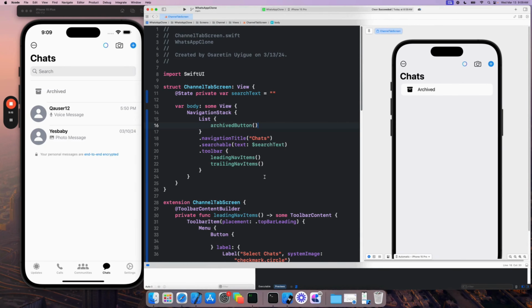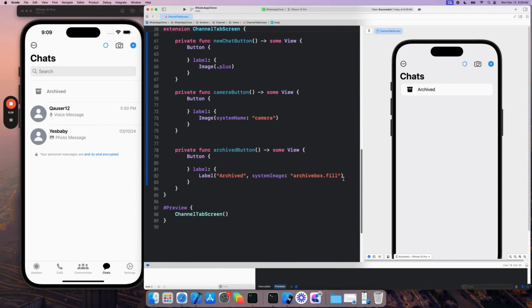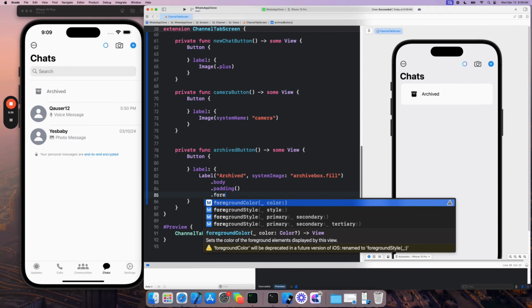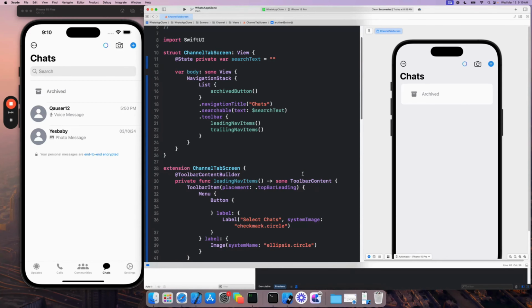We do need to change a couple of things. Let's see here for a second. What do we really need to change? Okay, let's edit the archive button a little better. So let's make it bold. Let's add a pattern and make the foreground color gray. Okay, and also let's go up here and change